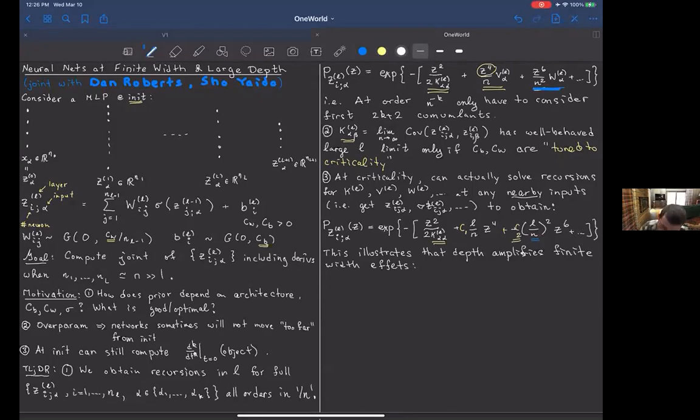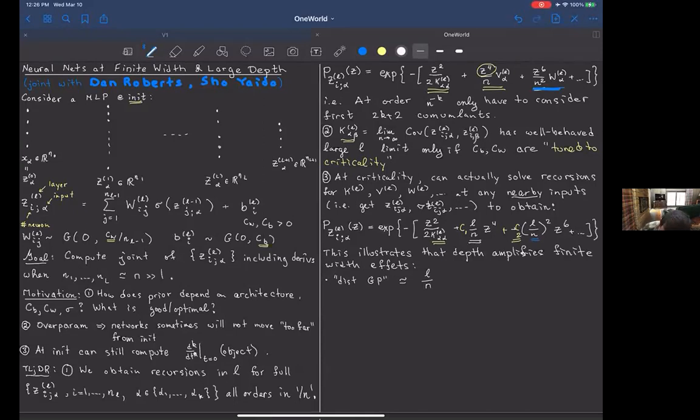Okay, so what are some of these finite width effects? I'll start with the simplest one. Roughly speaking, regarding the distance to the Gaussian process behavior, the typical thing people will say is that as you send n to infinity, you get closer and closer to a Gaussian process, so it should be like 1 over n. What I'm saying is that the distance to a Gaussian process actually scales like L over n. That's how the next correction behaves. So the depth and the width fight each other, and deeper networks at the same width are farther from being a Gaussian process.